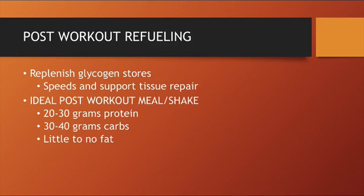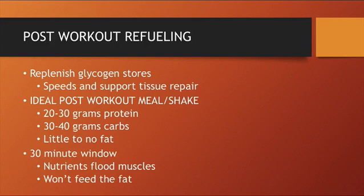But the bottom line is, if you're somewhere around the guidelines that I have on the screen here, you're going to recover better than if you didn't do this. So again, 20 to 30 grams of protein, 30 to 40 grams of carbs with little to no fat, simply because the fat's going to slow down absorption. And what we want to do is make sure that we take advantage of a 30-minute window after you finish exercise where nutrients will flood into the muscles and really have very little negative impact on things